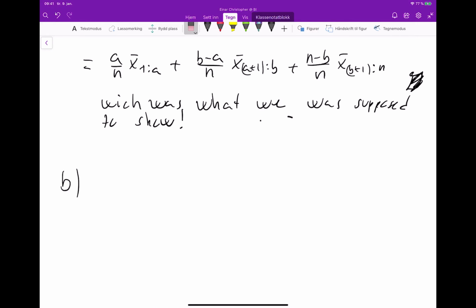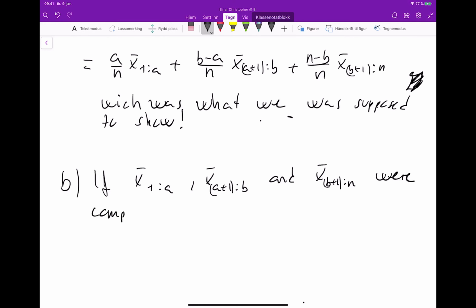So we can write it: if this one and this one and this one were computed separately on three equally fast computers,